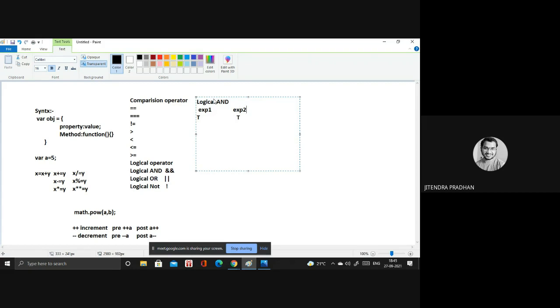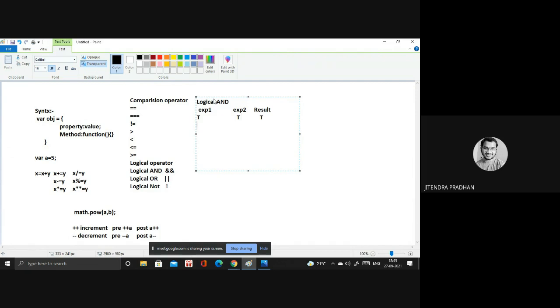So what does true mean? If you give a condition like a is greater than or equal to 5, and I define a as 5, it's correct, so it's a true value. If I add another expression, like b is greater than or equal to 8, and I write b value as 8, it's also correct. So the result will be true.